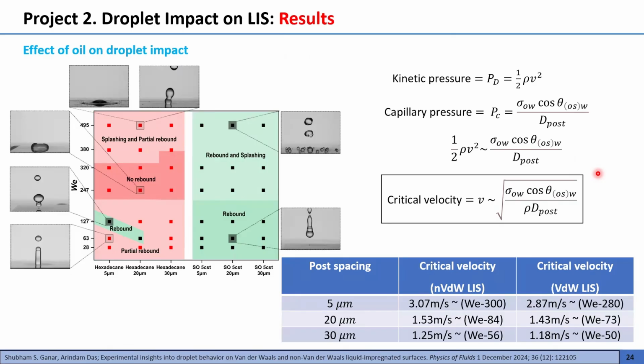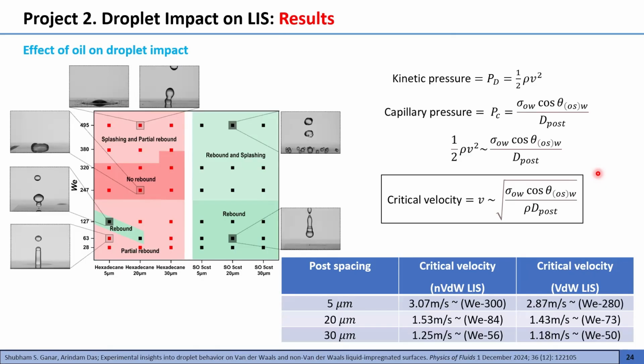For hexadecane, we did the scaling with the help of kinetic pressure and capillary pressure, where the capillary pressure is the pressure, or energy, holding the lubricant within two consecutive pore spaces. By comparing them, we get the critical velocity parameter for the transition from full rebound to no rebound. That is, at what velocity the water will replace the oil between two consecutive pores. The table shows the results and it